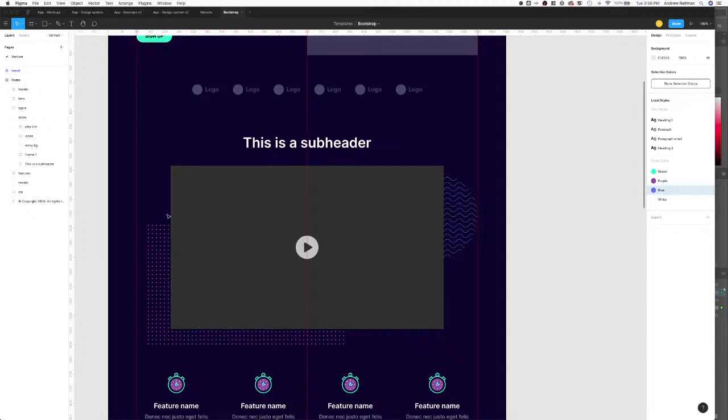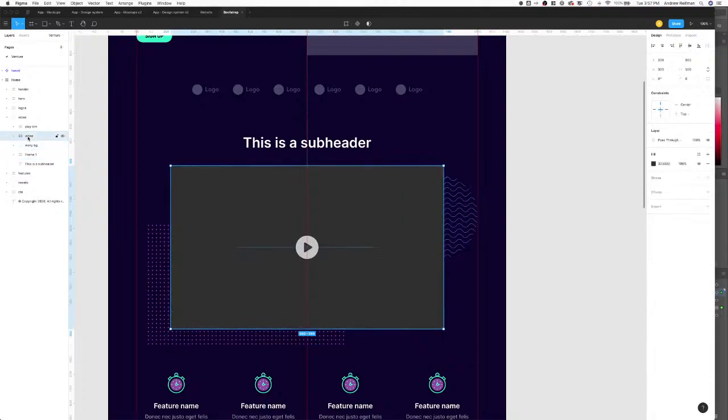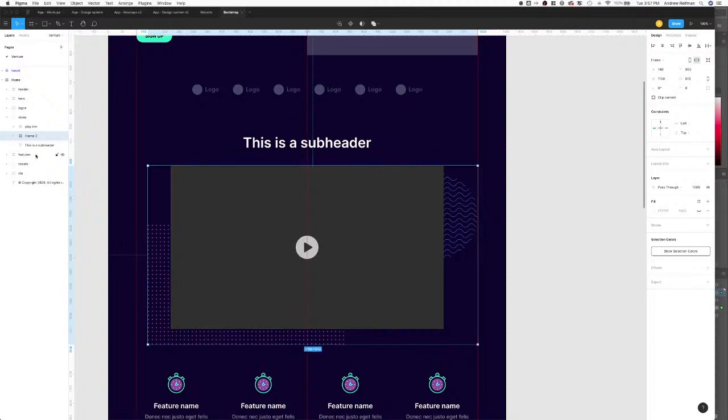But, okay, so now what I'm gonna do is apply this pattern, and I'm gonna show you how to apply both this dot pattern and this wavy pattern behind the video onto the box that we already added into Makeswift. So first thing, I need to set things up a little bit more, so bear with me. For this wavy background, I wanna combine all these elements into their own frame. And I'm going to use this frame